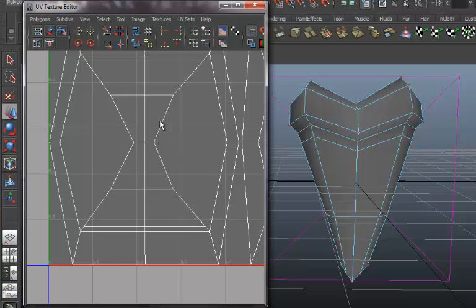So we're gonna go to edge mode and grab any edges where these pieces that we want are connecting to these extra pieces that we don't want, okay? So that's gonna be right across here and right across here. And we're just gonna hit the cut tool, which is these little scissors right here. And, okay, now it doesn't look like anything has happened, but these pieces are now separate from these guys all